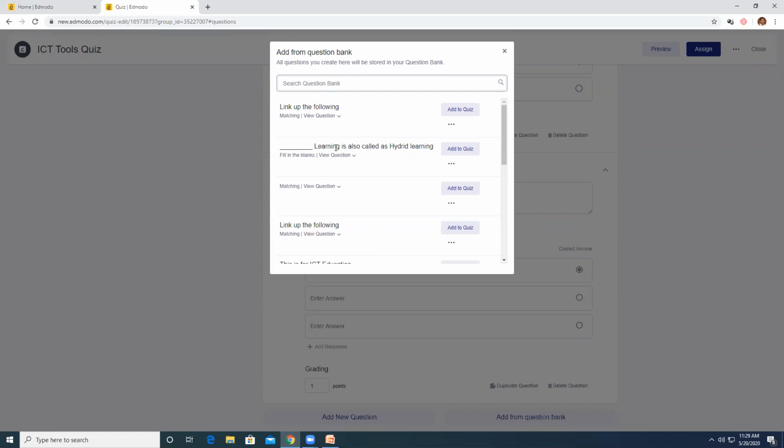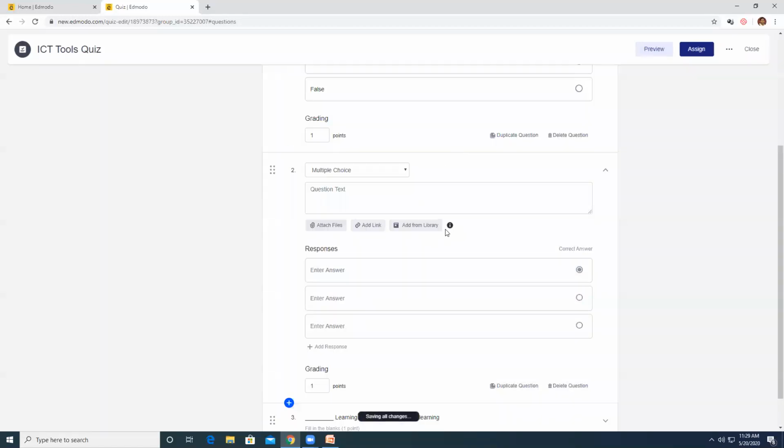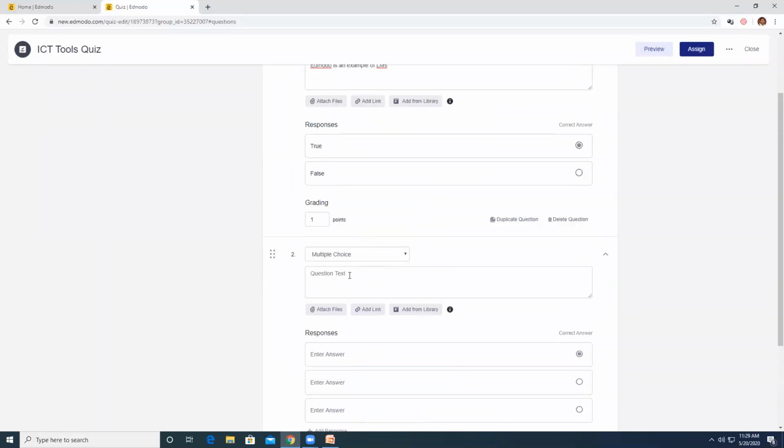Let me add this blank: dash learning is called hybrid learning. Let me add this to the quiz, and it gets added. Now the multiple choice question that I've given: let's say WebEx is an example of.